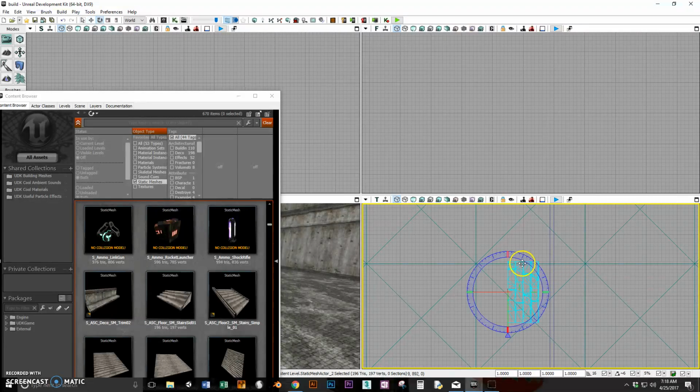If you press the space bar, you can get to the rotation, and you can simply rotate it around. Now, sometimes I have to keep going. So if I want to rotate it 90 degrees, you can do that, and then of course just change that up, and then bring it into where you need. So that should give you an idea of how to manipulate and move your static meshes